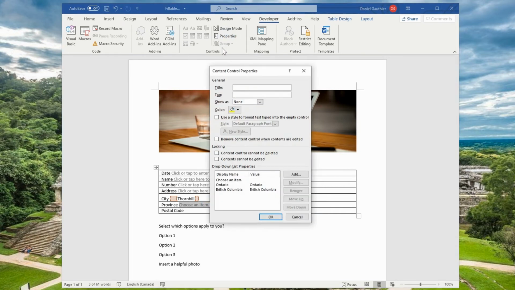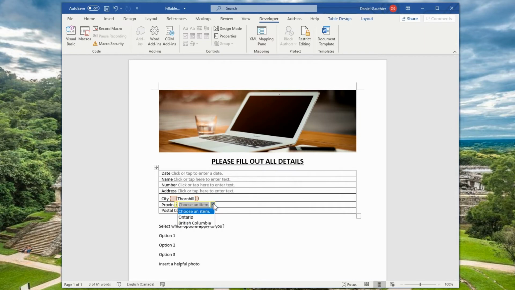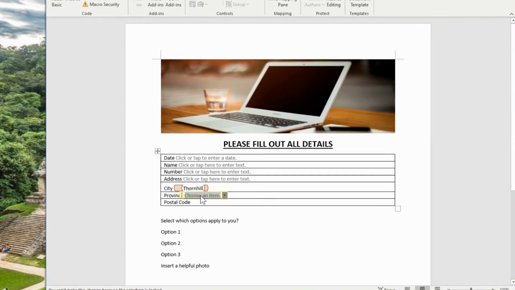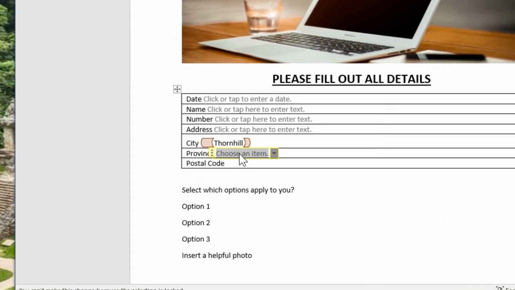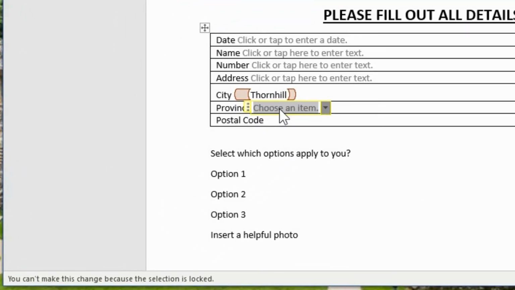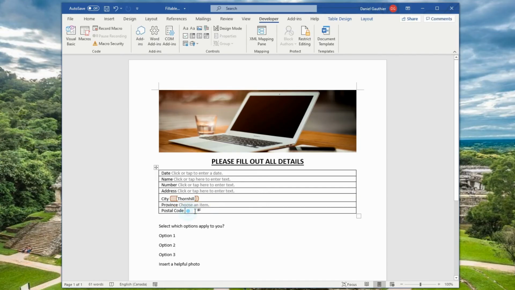Now I can't click into this because it doesn't show anything, so I'm going to put it back to a bounding box. So when I click on the drop down, I've got the options here, but if I wanted to just type something in, it just doesn't let me do anything. And if we look at the bottom here, you can see it says you can't make changes because the selection is locked, whereas up here we can make the changes.